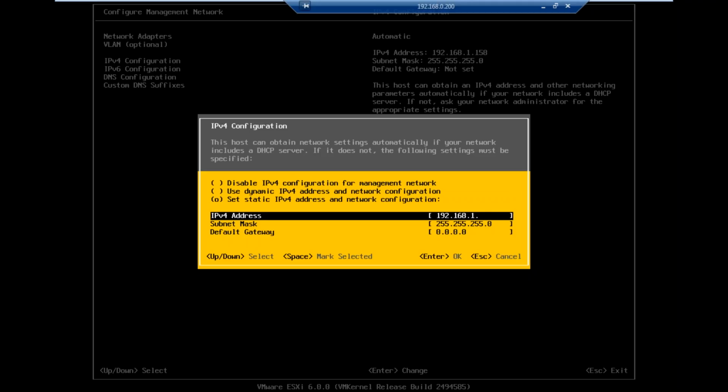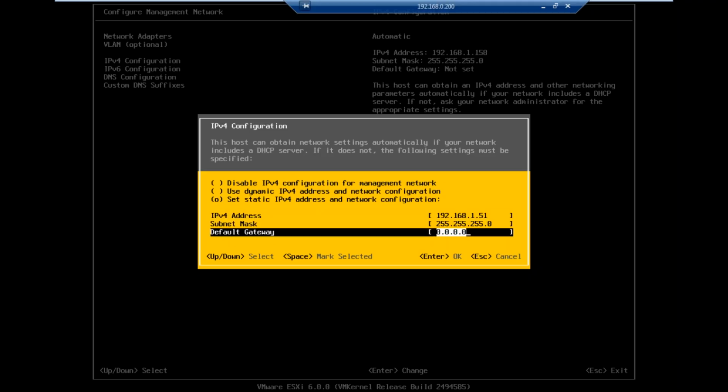Since it is the first host, guys, again, when you go through the networking basics, there is something called network ID and something called host ID. So 192.168.1 is the network ID, that is a subnet, and the last octet is the host ID. Since it is the first host of our network, I wanted to say 51. So the second host will get an IP address of 52. The third host will get an IP address of 53. That way we will know the IP addresses. This is called practicing the standards. Okay, and the subnet, I know it is the same.